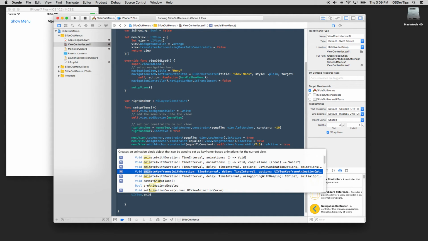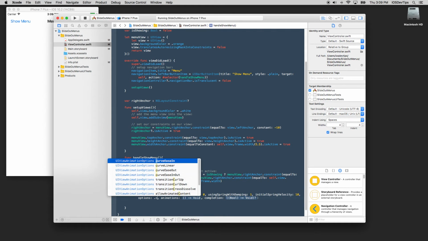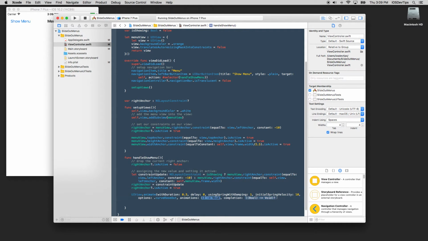And we're going to use initial spring velocity for this so it kind of looks cool. Otherwise, it will look kind of boring, to me at least. We use 0.3 for the animation duration, 0 for the delay, using spring with damping 1, and initial spring velocity of 10, so it's super bouncy and cool. And we'll say curve ease out, just so it kind of speeds up and then slows down. And then in animations, we're going to add in something called